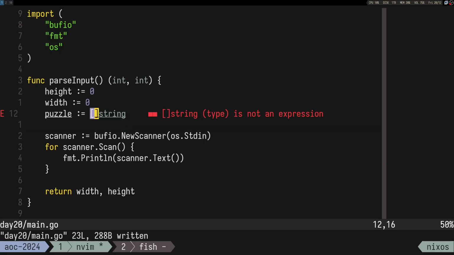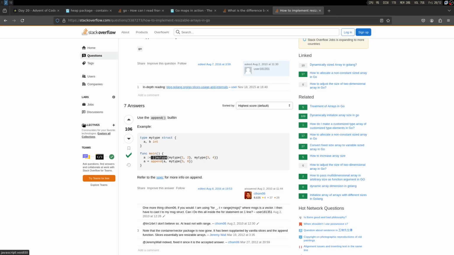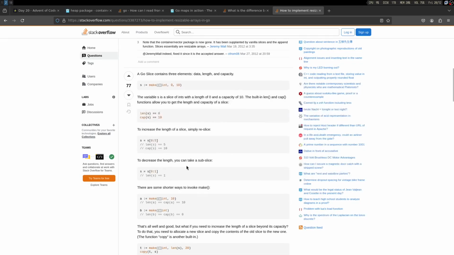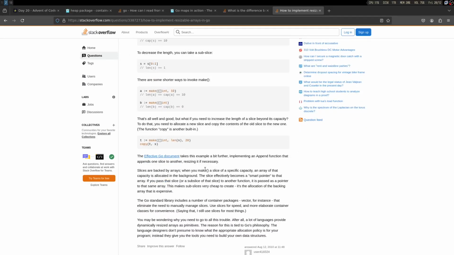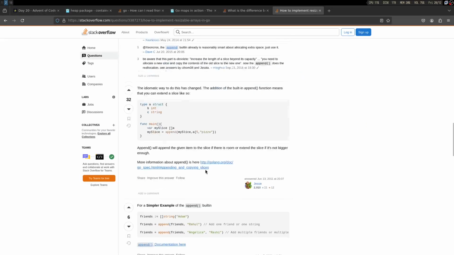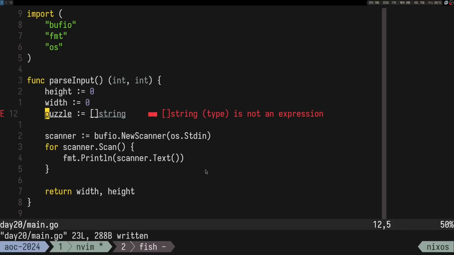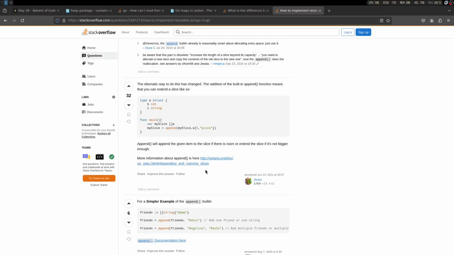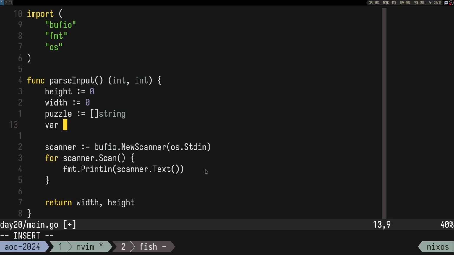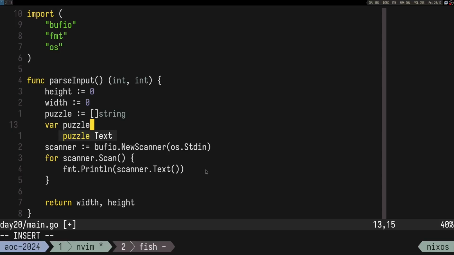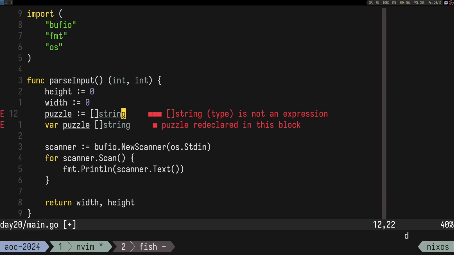String is not an expression? What? I mean, I see that you can say like puzzle string like this, but